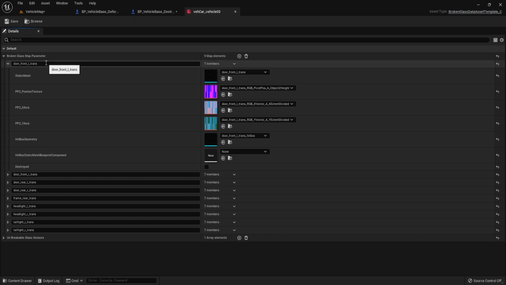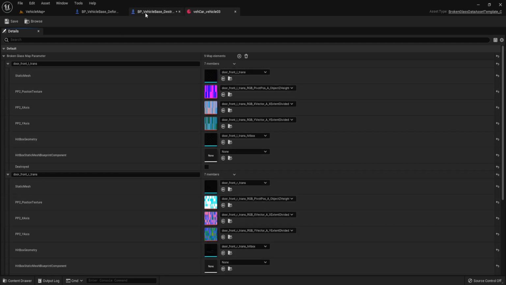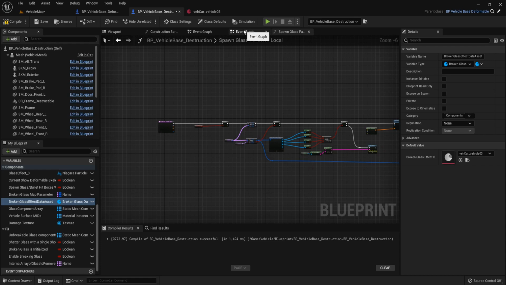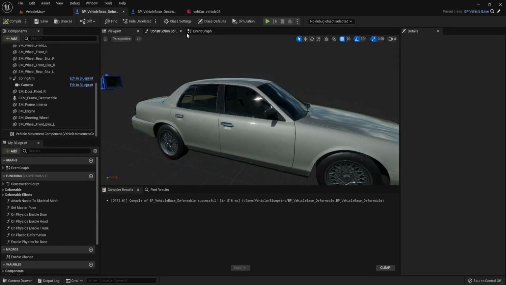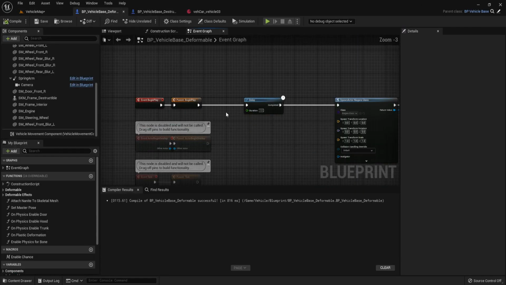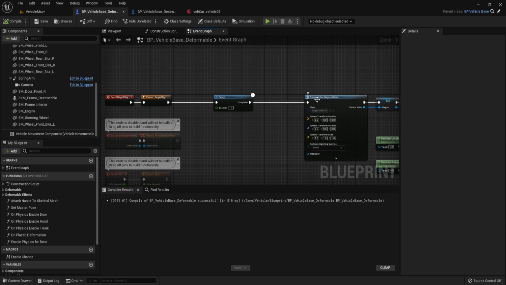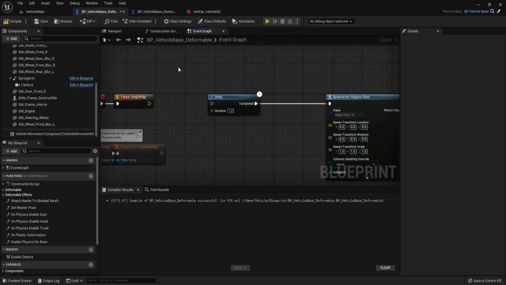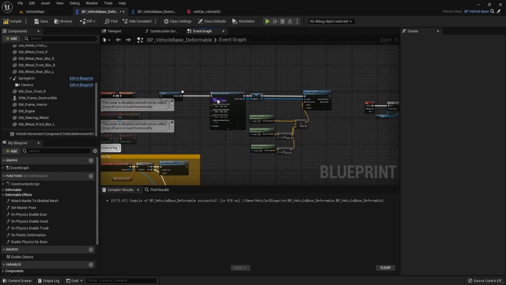Here is the bone name and the static mesh that they need to spawn. And then we can break this glass one by one. For the deformation, we do not need to spawn this Niagara actor. This is just for debug.